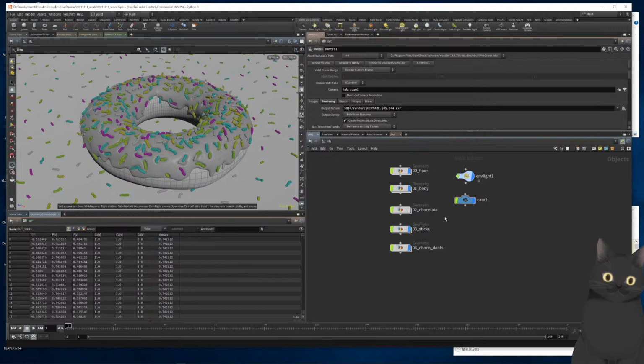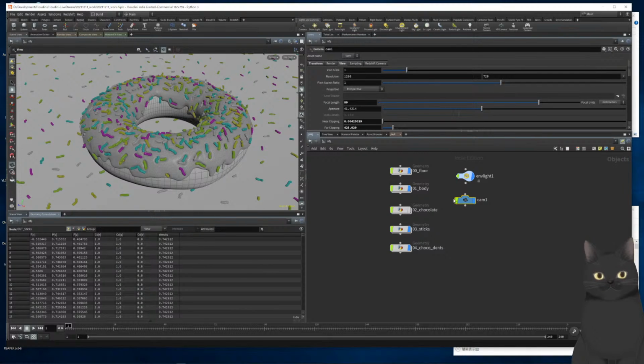Lock it and give it at least 80 millimeters, I'd say. Zoom out a little, move out, and then we can do our first test rendering. I think we will lower the resolution to half and just hit render for